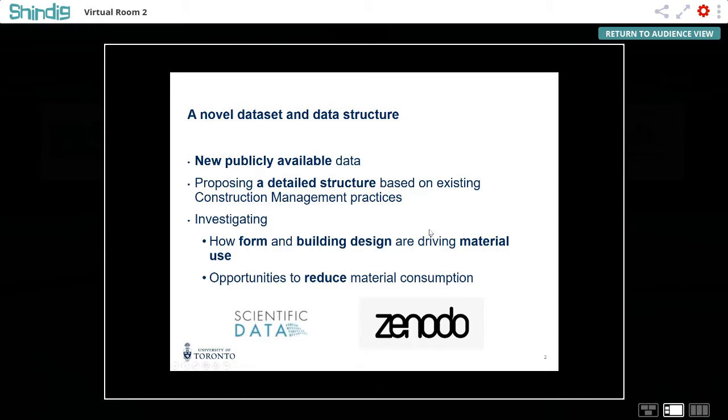This study is currently in review in Scientific Data, and we provide our data set on Zenodo, the data repository. Along with that, we provide a sample code that demonstrates the uses of the data set and the queries that can be performed on it. Also, we provide a translation script that converts the data to the structure proposed by Herring and Fishman in 2019 to facilitate how our data set can be compared to or collated with existing global MI databases.